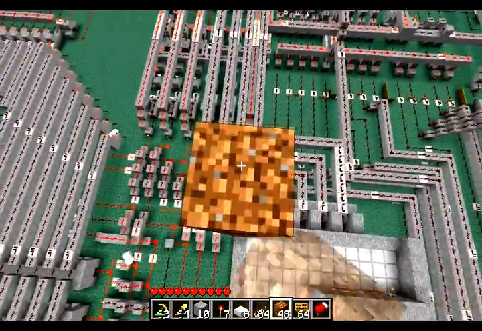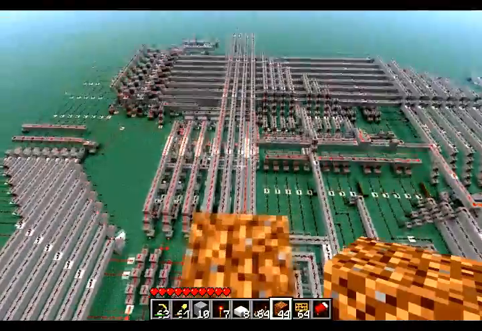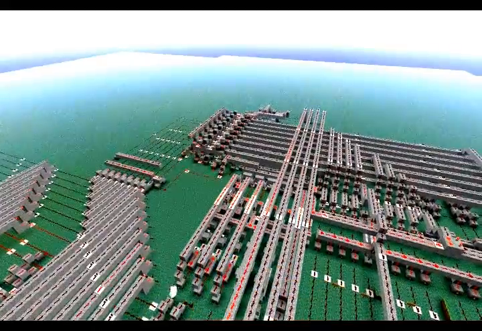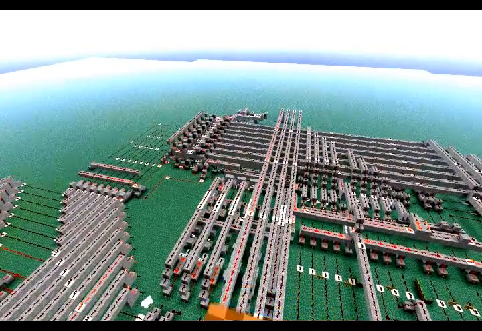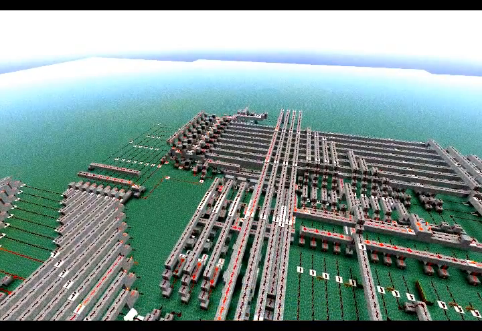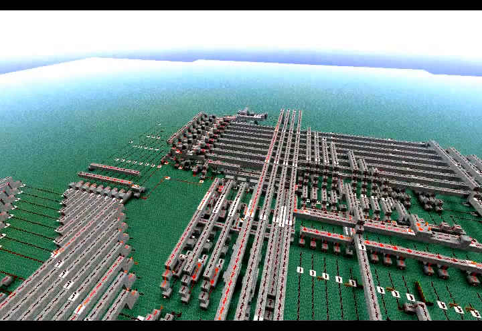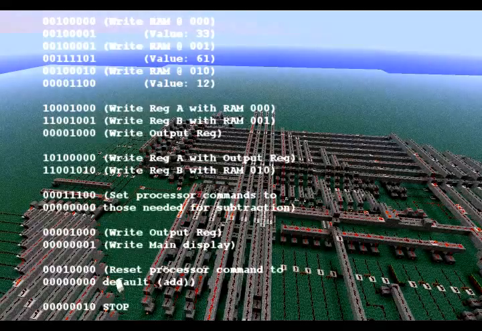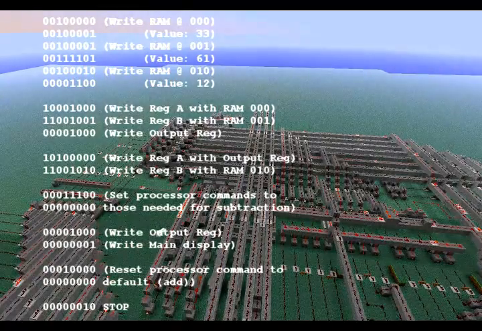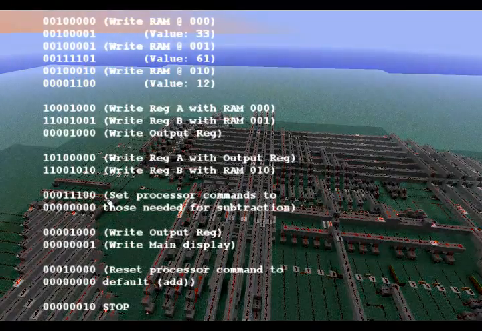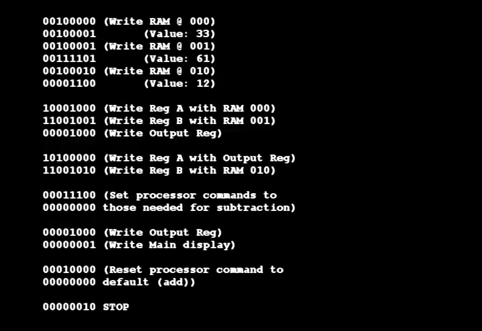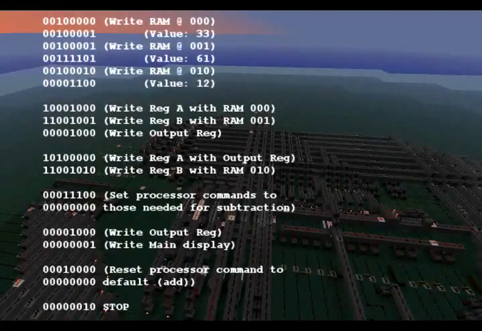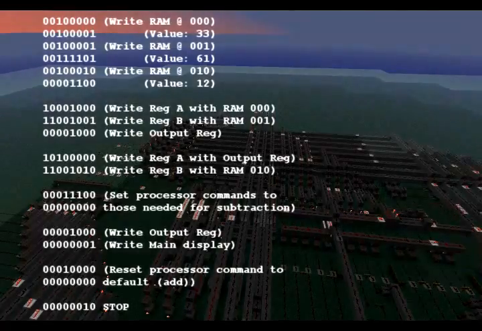So I'm just raising myself up here so you can see the whole thing, and what I'm going to do now is speed up the execution of the program because it is incredibly slow. I'll put some instructions on the screen showing the actual 8-bit instructions that I've fed into the memory, and it is a little bit hard to see, but you'll see to the left of the screen here instructions are being read out from that big block of memory, and they get fed into the set of bars going horizontally at